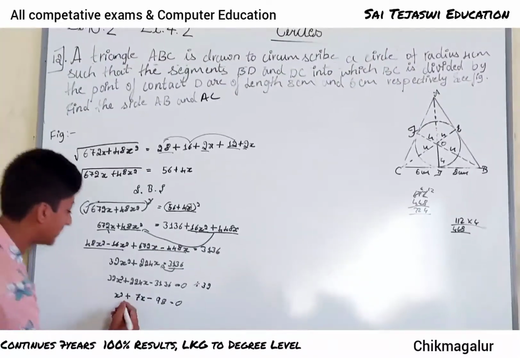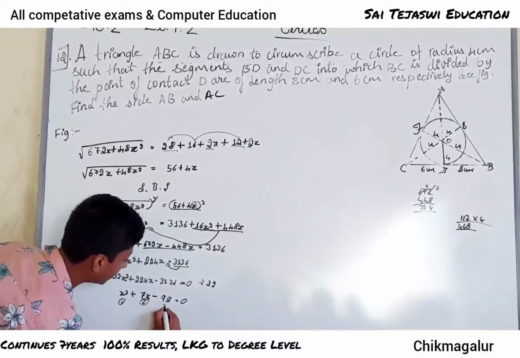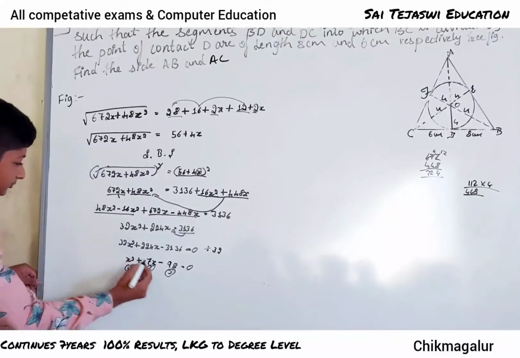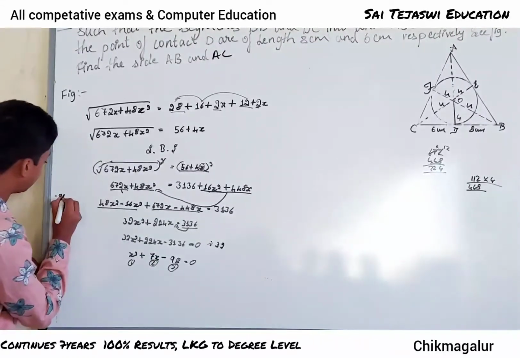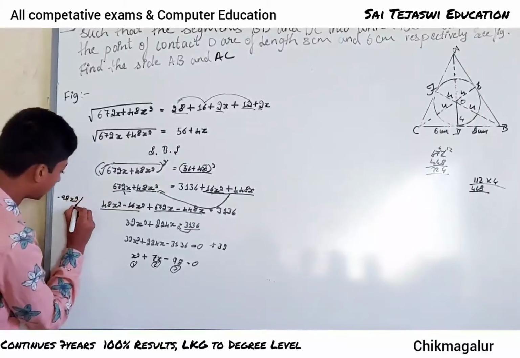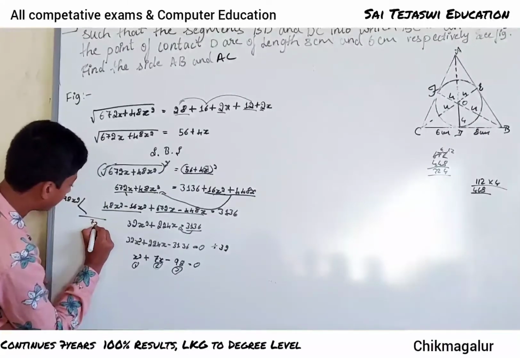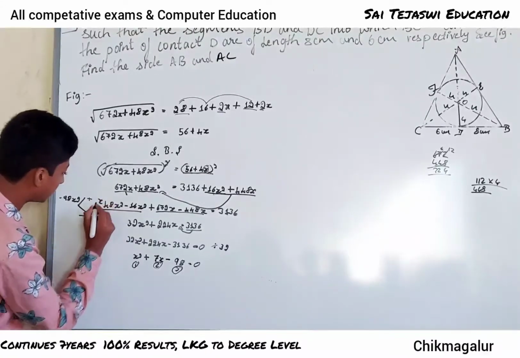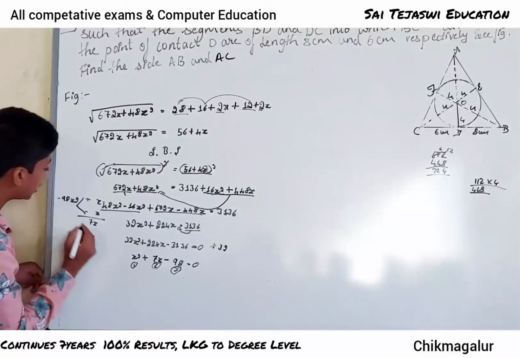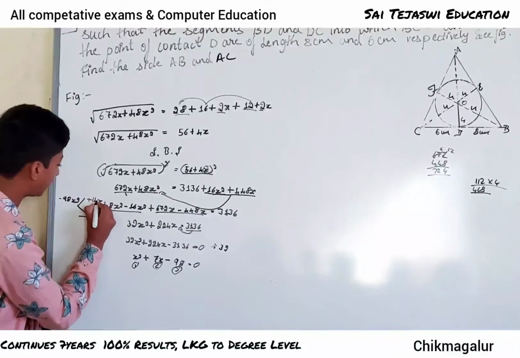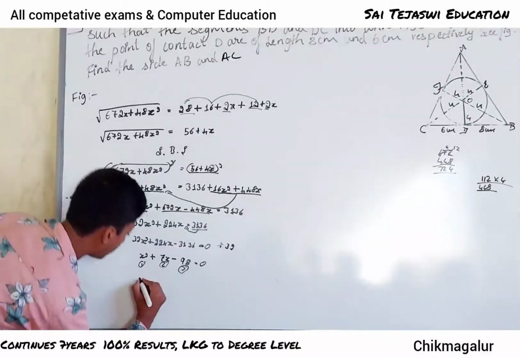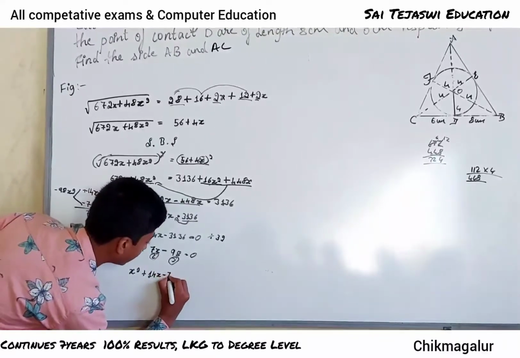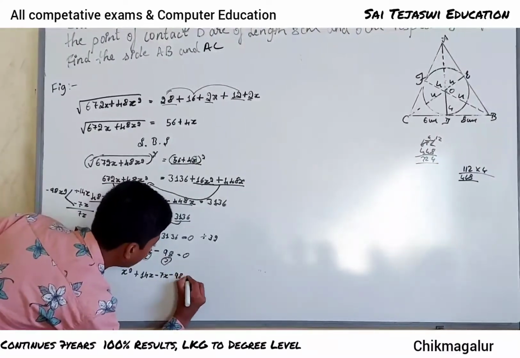Now we will factorize this. This is the first term, second term, third term. First we do the multiplication of the third term and the first term, which is minus 98 into x square, minus 98x square, and here we should get 7x. As it is positive, the bigger number's sign will be plus, and the other will be negative because here it's minus. 14 sevens are 98, so we take 14 and 7. So it becomes x square plus 14x minus 7x minus 98 equals 0.